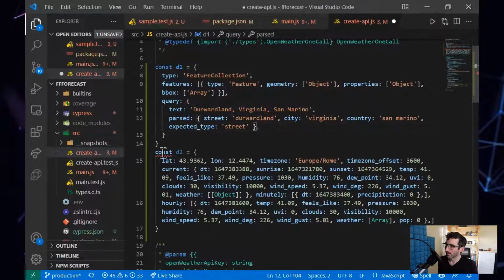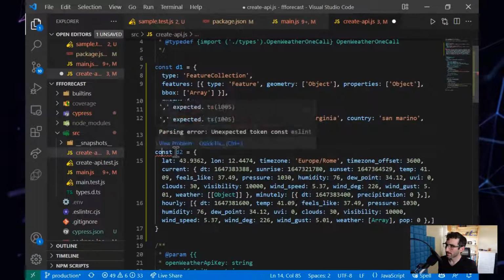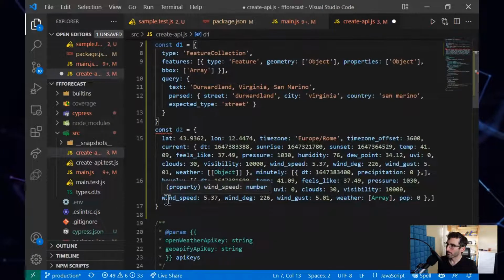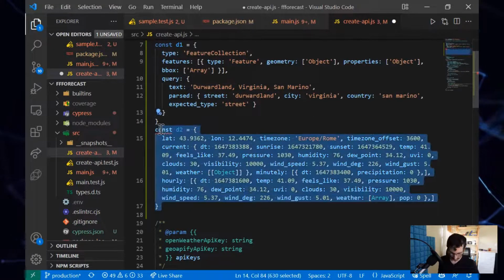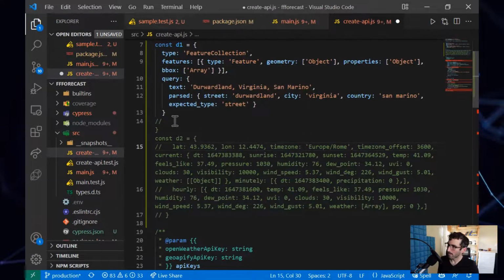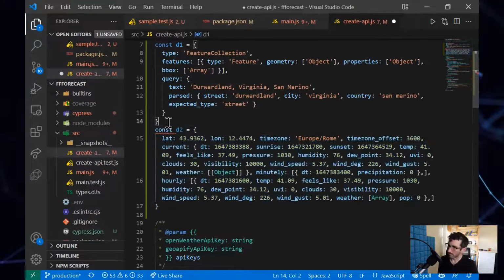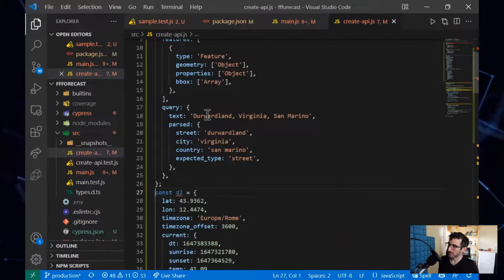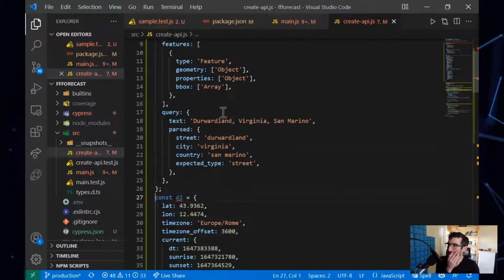Okay, why is this const? It is spelled correctly. Oh, okay, that's the problem. There you go. Ah, white space. Getting me. Okay, cool. So,